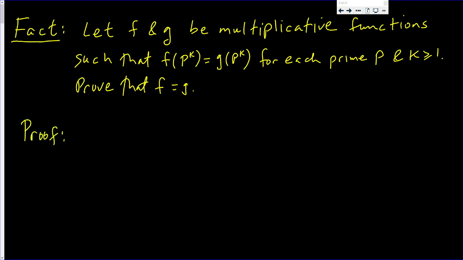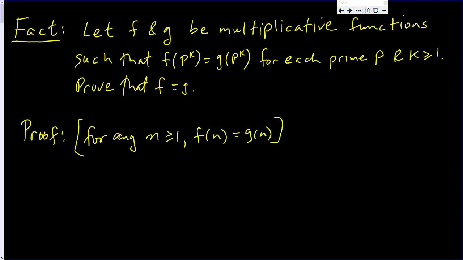You don't need to write the following, but what you need to show is for any n at least 1, f of n is equal to g of n. That is, f of one thing equals g of the same thing. Okay, so